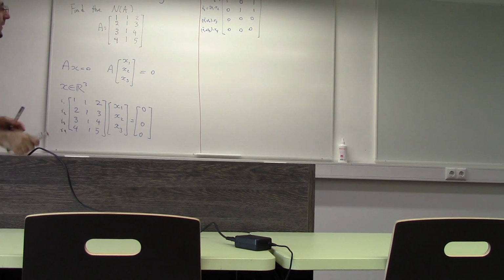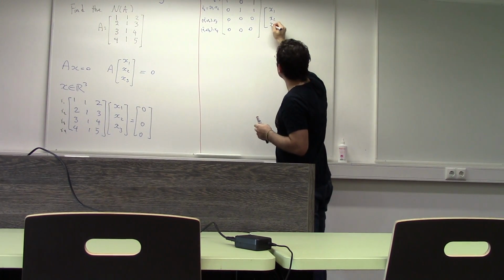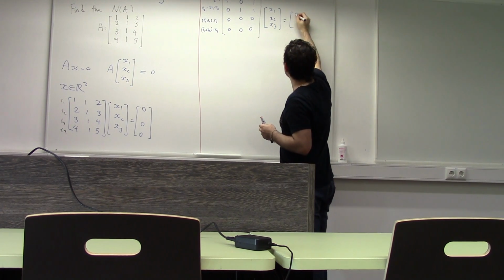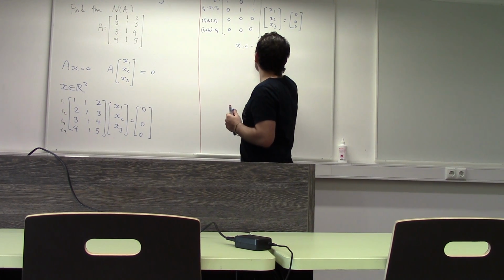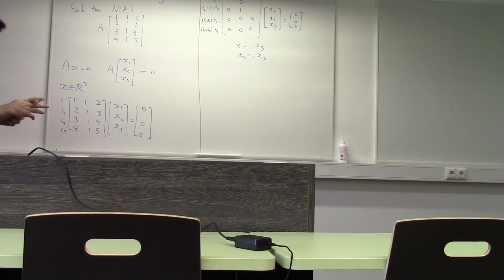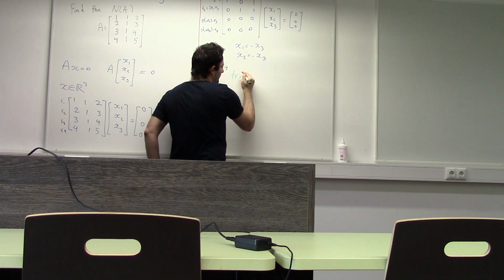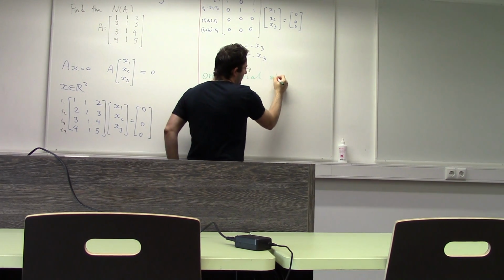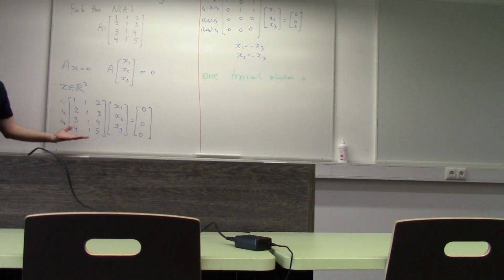Now, this multiplied by x1, x2, x3 results in x1 is equal to minus x3, x2 is equal to minus x3. Right? For the null space, one definitely trivial solution is